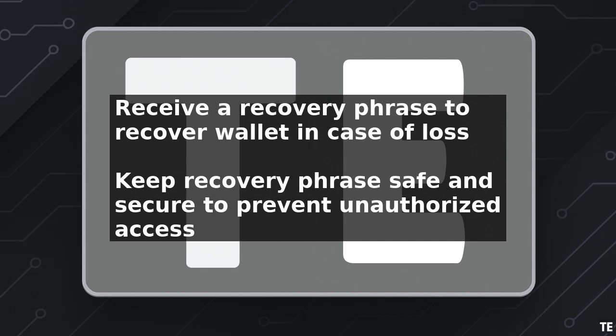To add a cryptocurrency, click on the Receive button and select the asset you want to add. You will then be given a unique wallet address, which you can use to receive funds from other wallets or exchanges. To send funds, click on the Send button and enter the recipient's wallet address and the amount you want